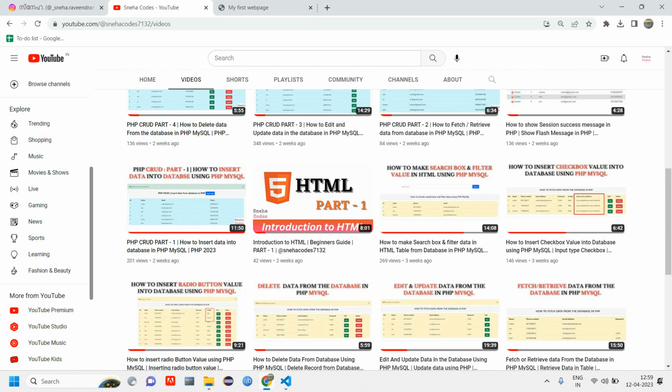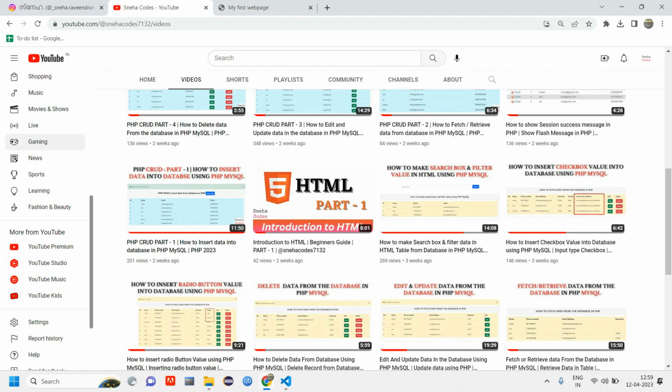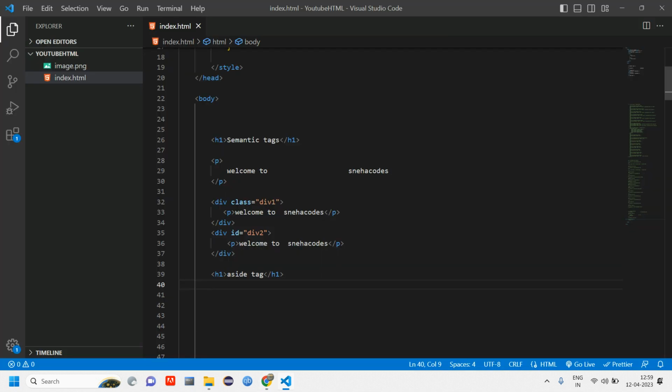So it is commonly used for sidebars. So this is what we call a sidebar. So it is commonly used for this sidebar portion. So that is the help of the aside tag. Let's see an example. It does not have any kind of special output to display, but this is how